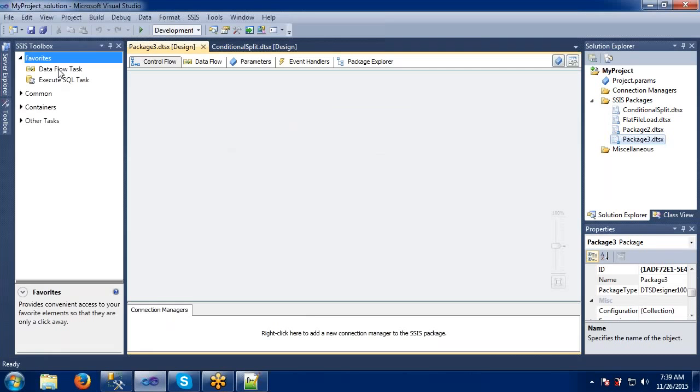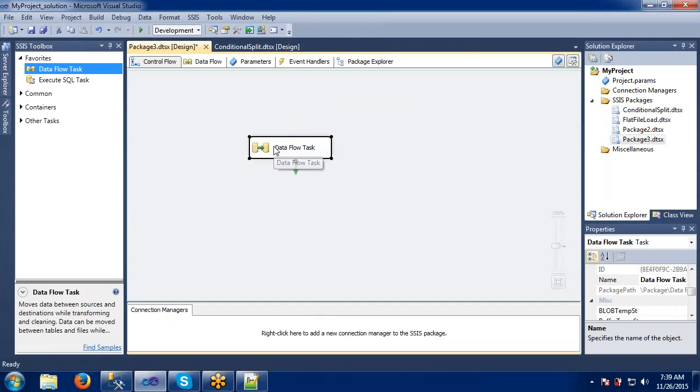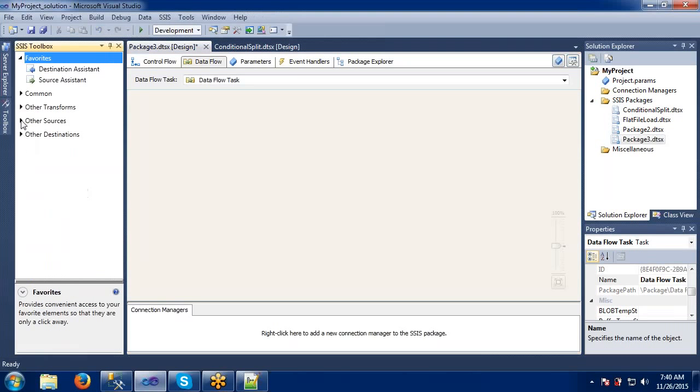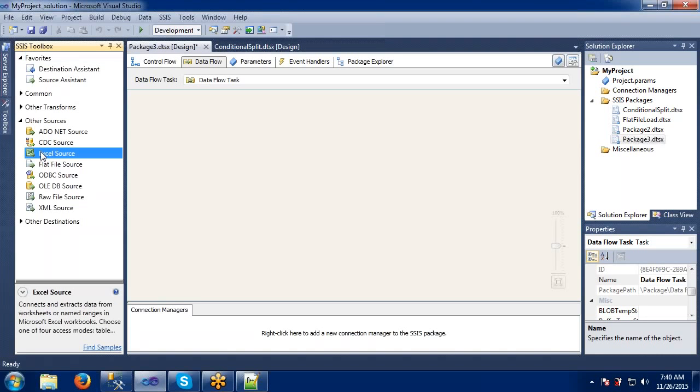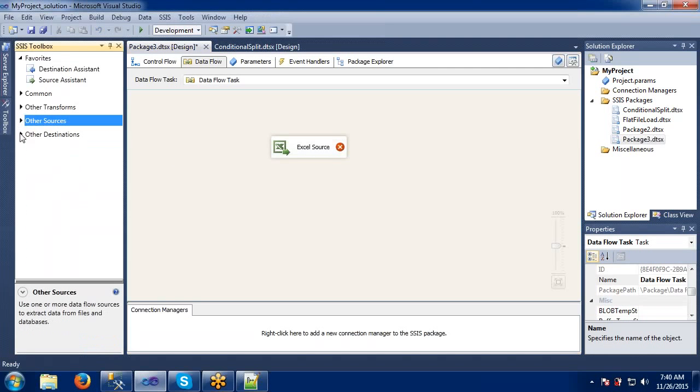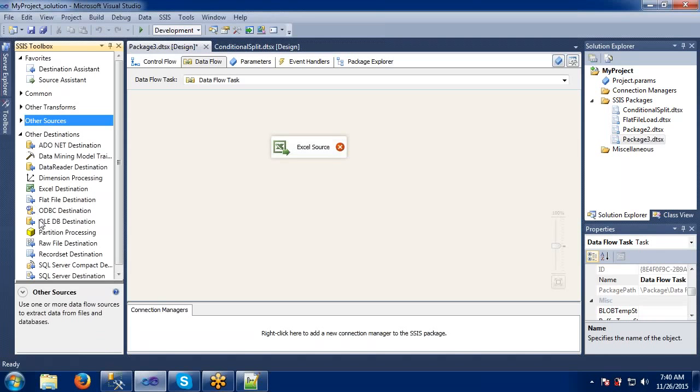In this, I am taking one data flow task. Double clicking every time. First, go to the source. So what is my source here? Excel. Okay, Excel source is done. What is my destination?